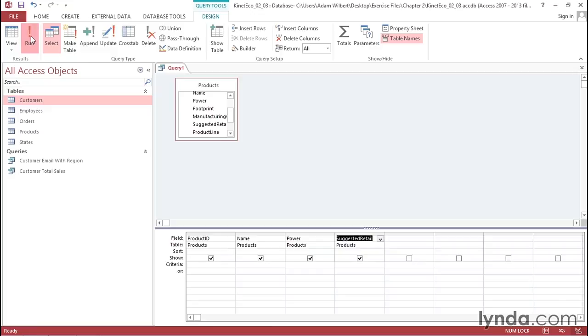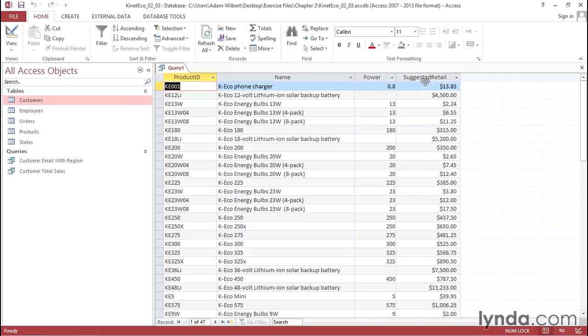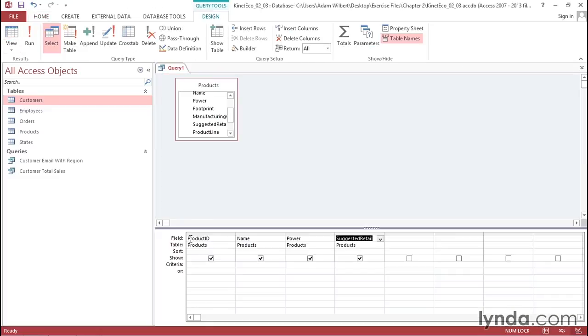Now, if I go ahead and run this, you'll see that the column names here, Product ID, Name, Power, and let me just expand this one here, Suggested Retail, these all come straight out of the data tables that provide the data. We can rename what these say by using aliases in the Query Design view. Let's go back into Design View here, and then I'll change the name for this Product ID